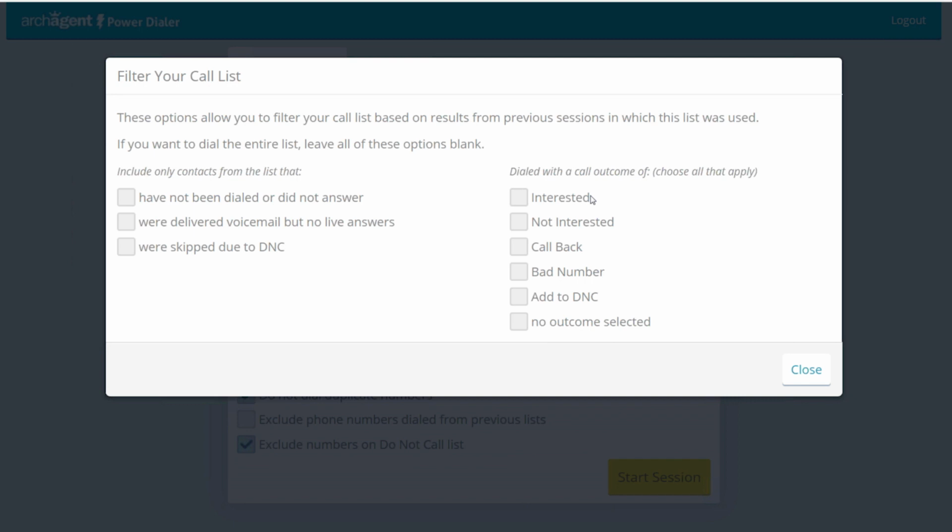Lastly, if you tether your dialer to one of the CRMs previously listed, such as Top Producer, Wise Agent, Contactually, or Infusionsoft, anybody who you list as interested or call back, their information will push over to that respective CRM. Also, if you list anybody as interested or call back, their information will go from the dialer